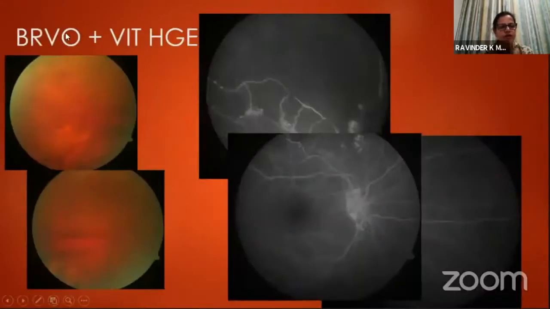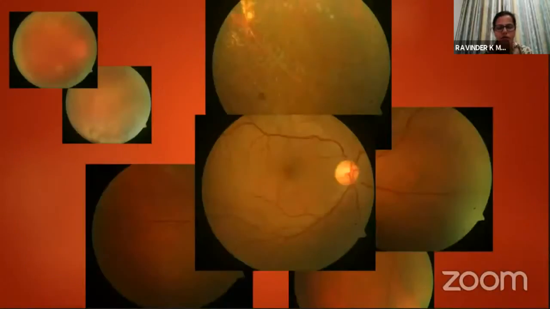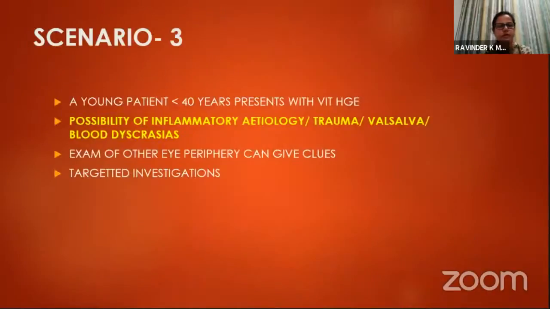This is one such patient, a 48-year-old female who presented with vitreous hemorrhage, and she improved a little bit, and we could do angiography, and you can see she has 6/6 vision and total superior occlusion. After a few days, she had recurrence. Even though we started PRP, she bled again and underwent vitrectomy. So it is possible that even with good vision, they can have peripheral occlusions.